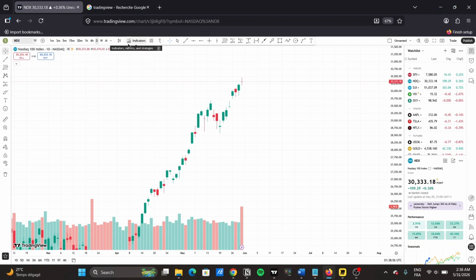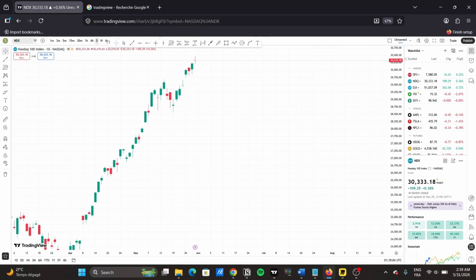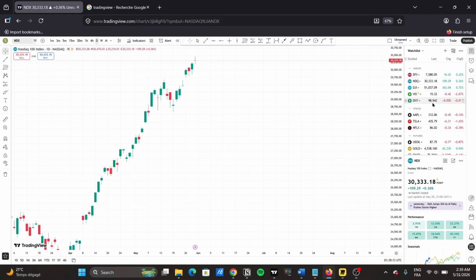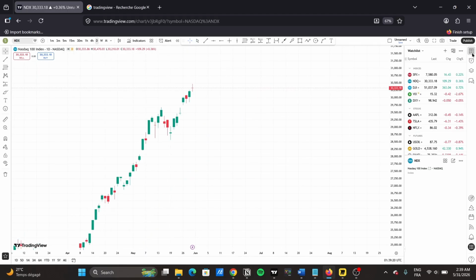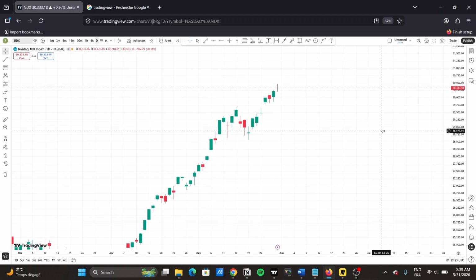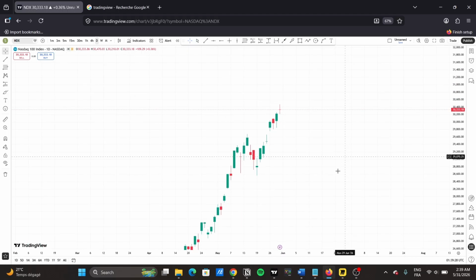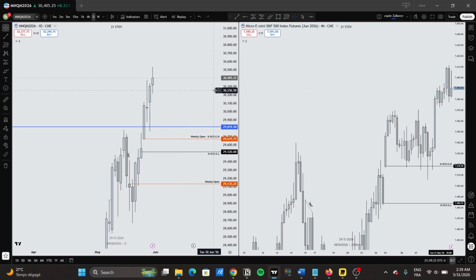For the indicators for now, let's just remove these volume profiles because I don't use them. And I guess that's it for the time interval. For the watch list, let's keep it like this for now. We're going to add anything if we need it in the future. Let's just hide it for now. Let's reduce it. Just click on this place and you're going to reduce it. Now, as you can see, we get a much cleaner chart, but to make it like mine, we're going to have to do some more improvements, starting by